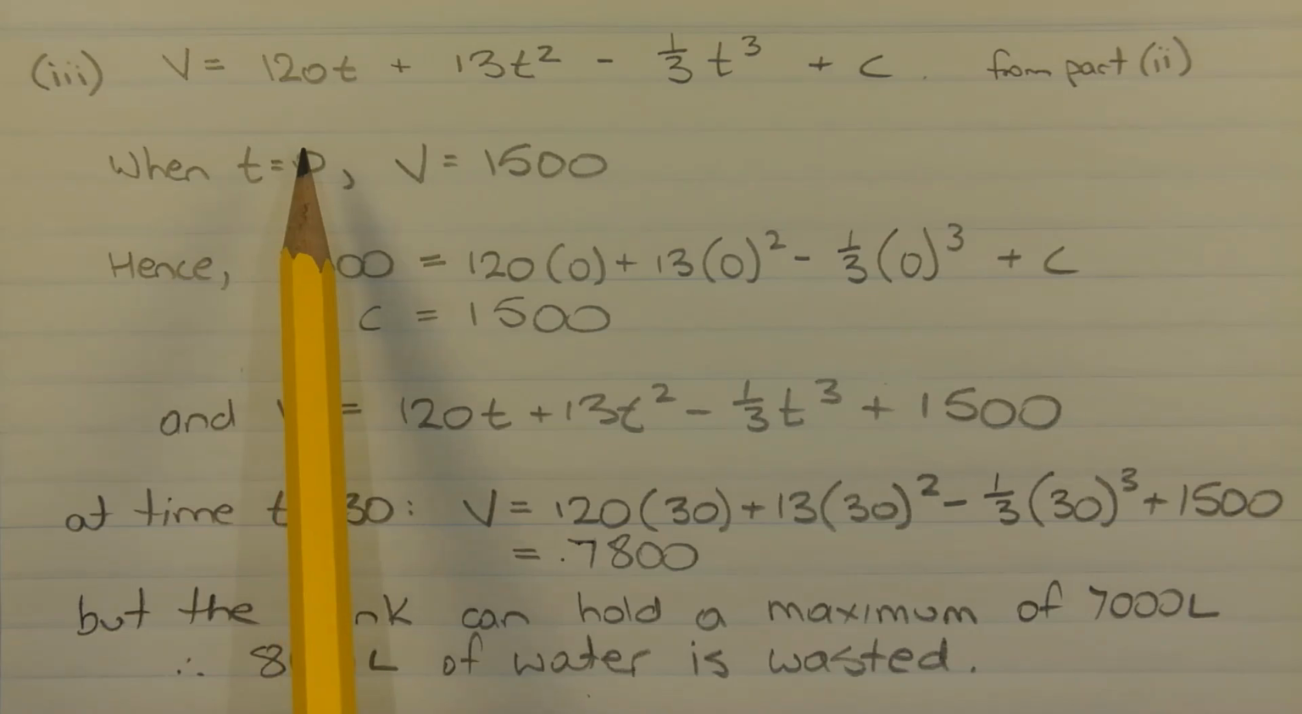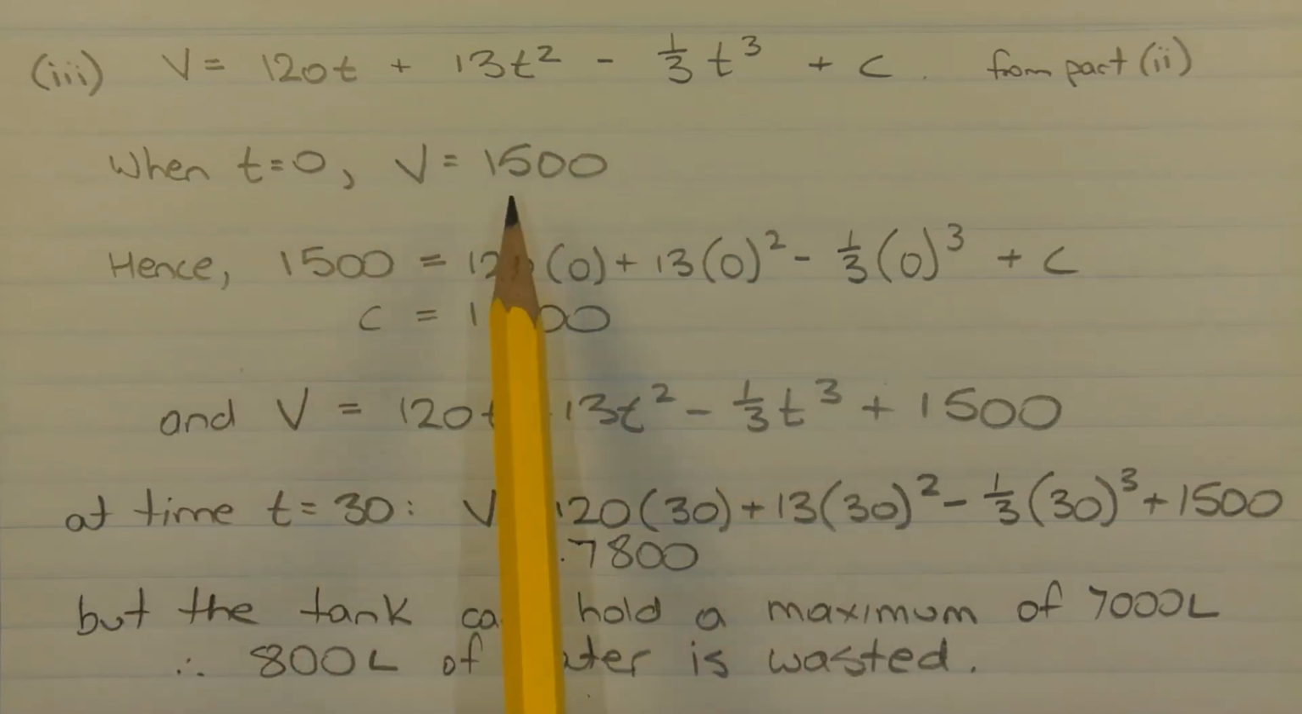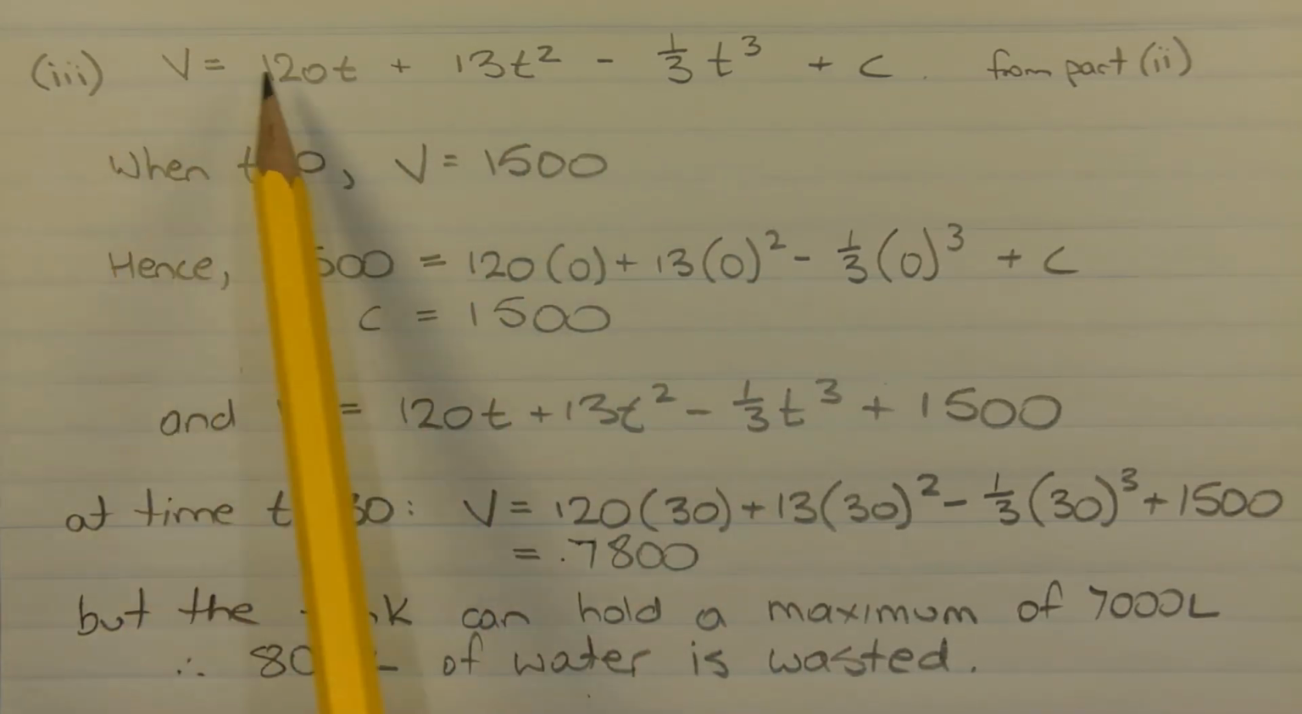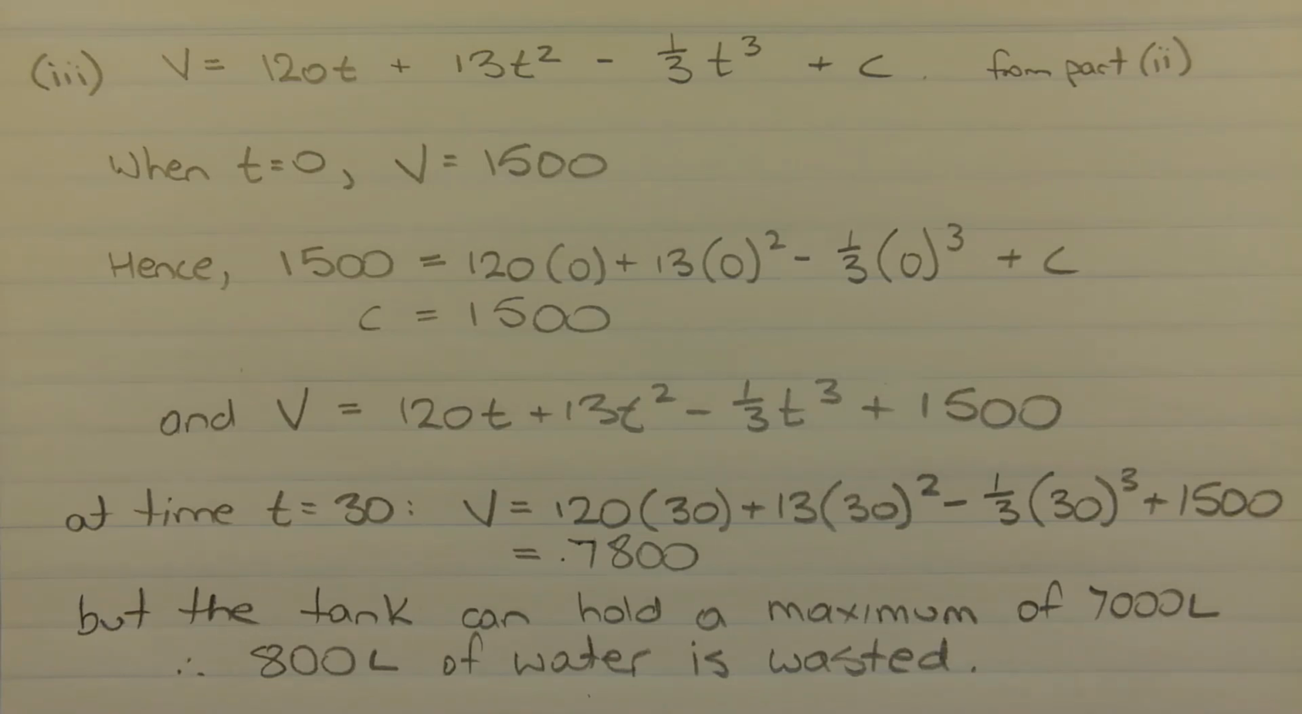So substituting 0 for t and 1,500 for V in the equation, and then solving for c, we get 1,500 is equal to 120 times 0 plus 13 times 0 squared minus 1/3 times 0 cubed plus c. So we get c is equal to 1,500, since this part of the expression here is equal to 0. So the volume V is given by 120 times t plus 13 times t squared minus 1/3 times